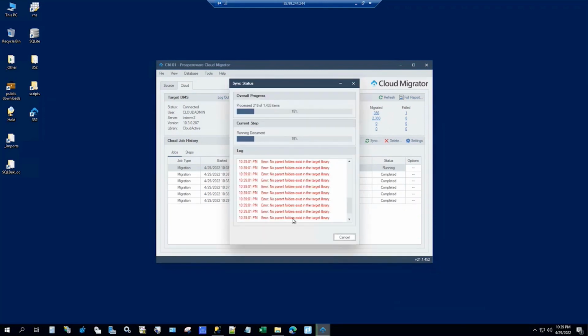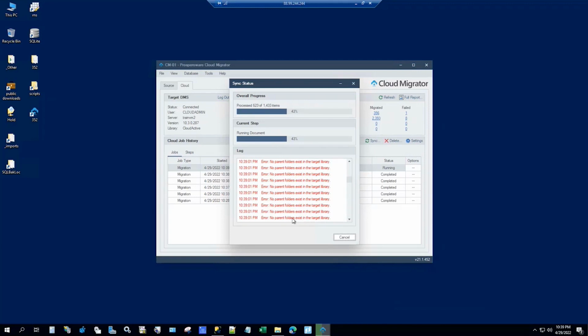So the things that didn't fail are in my cloud environment, in my cloud active library. And so what remains, I'm not stuck worrying about things that failed and I have no way to take care of them, but I can go back and find all of those things. There are logs for every one of them. I can export those logs to a CSV and work from that and go back and fix things,